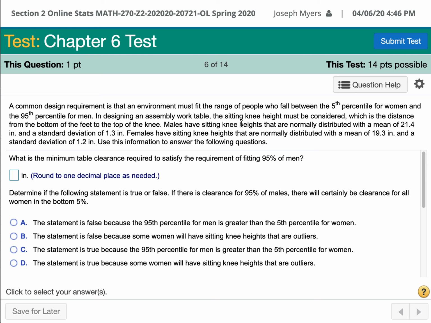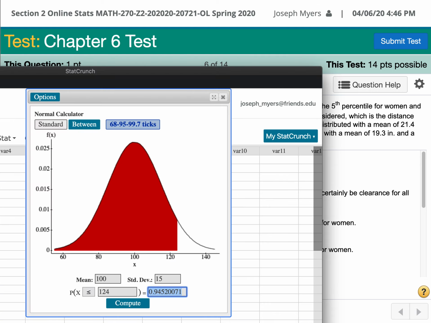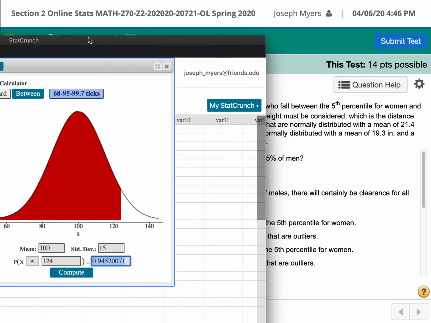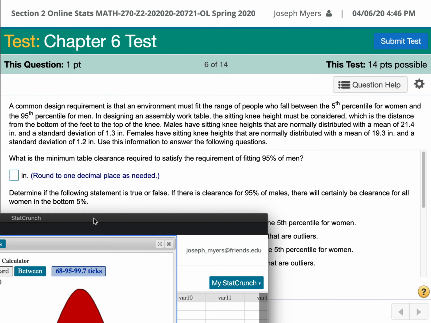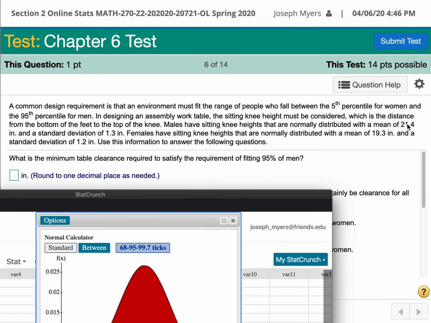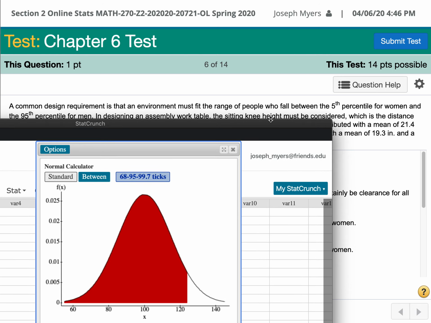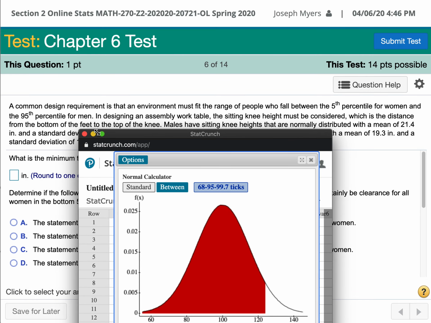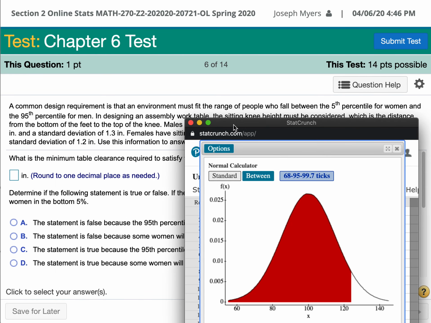Then we're going to use that same technique for more problems as well. So this one says, what's the minimum table clearance required to satisfy the requirement for the men? So let's type in the values for the men. The values for the men are 21.4 is the mean. So 21.4,